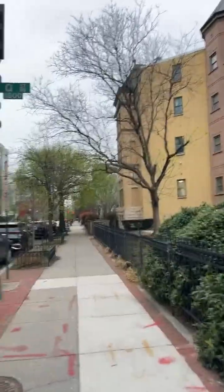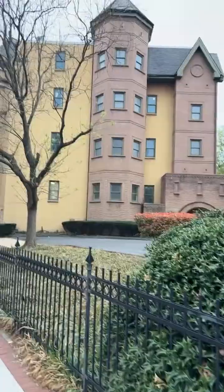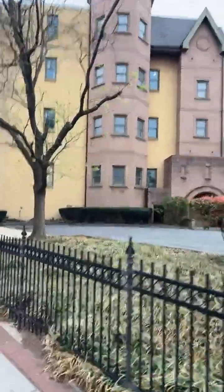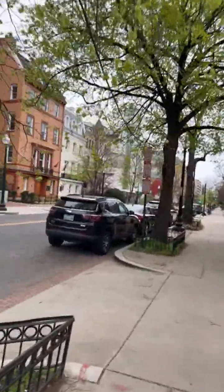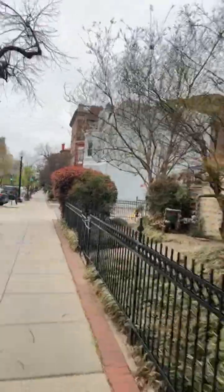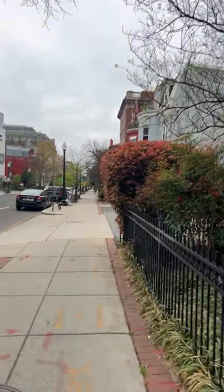So now I'm walking south on 18th Street. We're on the west side. No, sorry. We're on the east side of the block that we're looking at today, which is block 0136. And we're heading south to take a really good look at these buildings. Now, across the street, also some really interesting architecture, which we'll get into in a future video. But you'll see there's such a mix of styles. If you visit Washington, D.C., go see the monuments, go see the memorials. Visit them during the day, visit them at night because they look different, but also get out into the neighborhoods